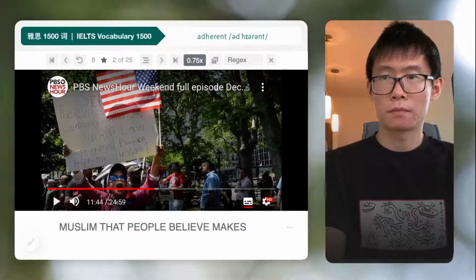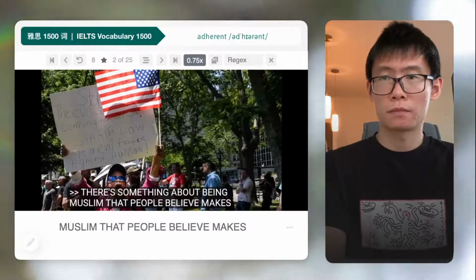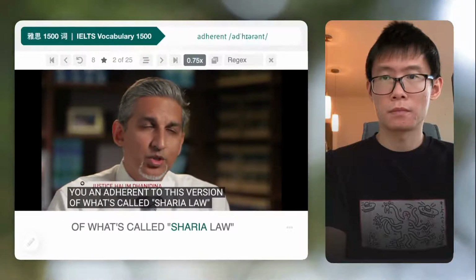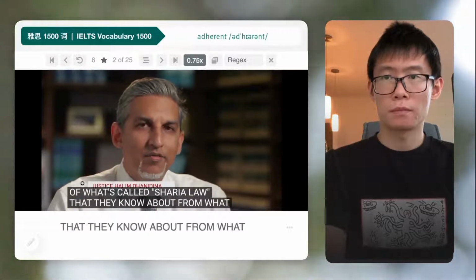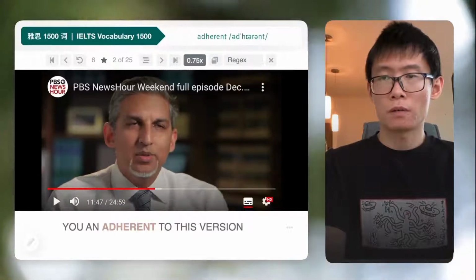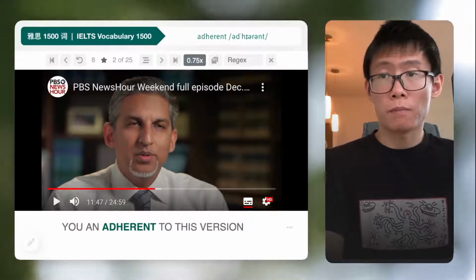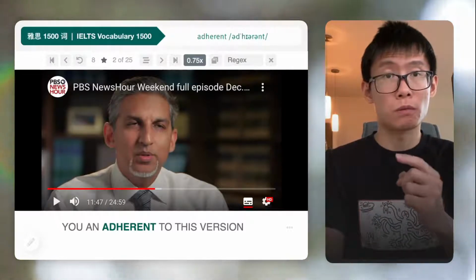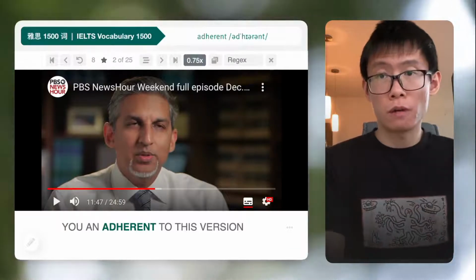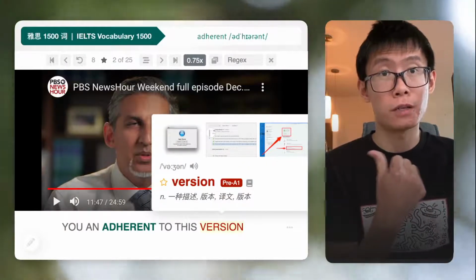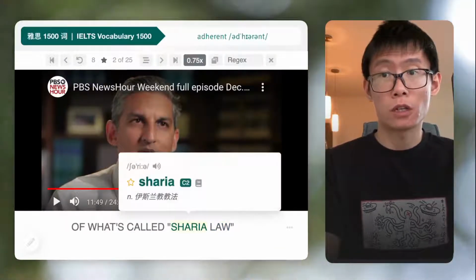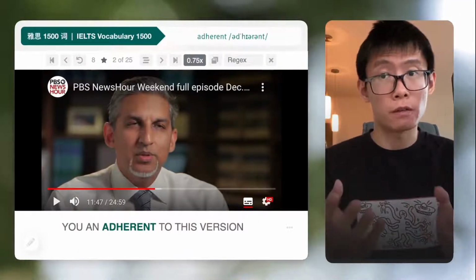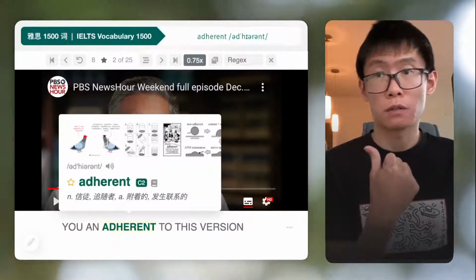Makes you an adherent. Something about being a Muslim that people believe makes you an adherent to this version of what's called Sharia law that they know about from what they see on the news. Right, so he's saying that Muslims might be adherent to a certain version of Islam, right? 他说穆斯林会去信从一种版本的伊斯兰的法律啊，叫做 Sharia law，他这个意思就是他们是这一个教法的信徒，adherent 啊，信从者或者说追从者。